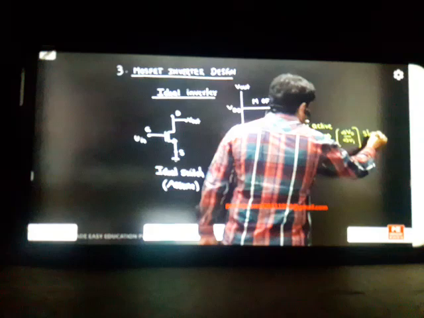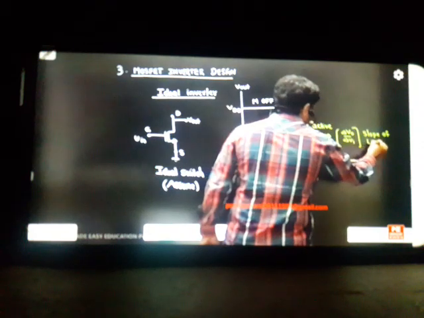Gain is nothing but the slope of that line. It should be infinite. Simply put, gain is nothing but the change in the output by the change in the input. That should be infinite, because that is nothing but the slope of the line. This is called the slope of the line, which is the gain. The slope of that line is required to be infinite because it's a vertical line.